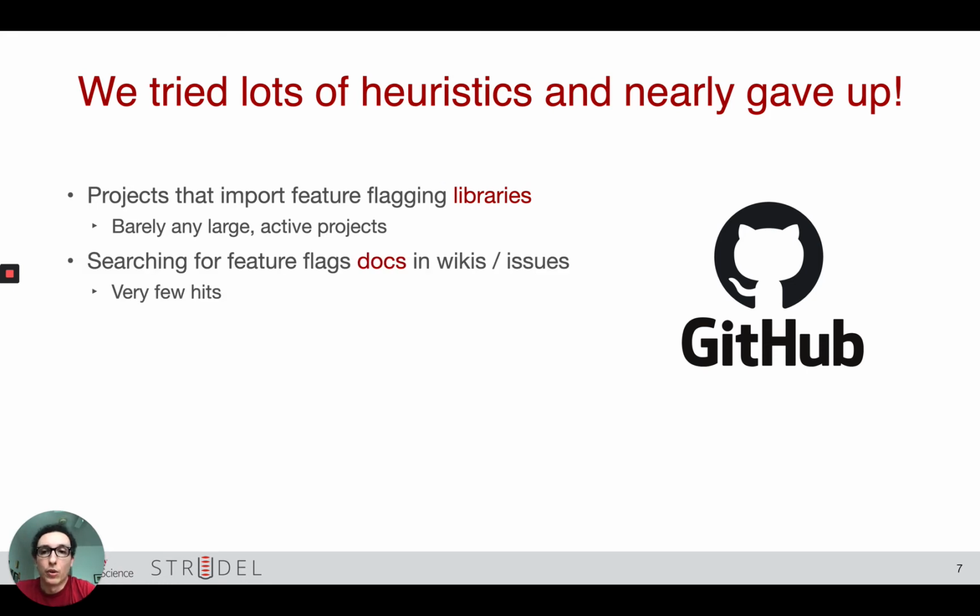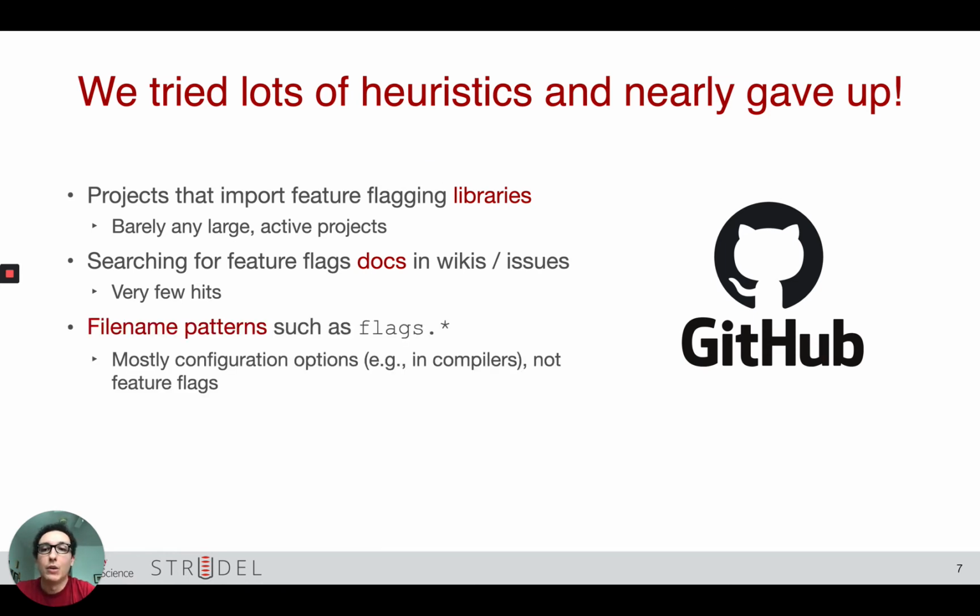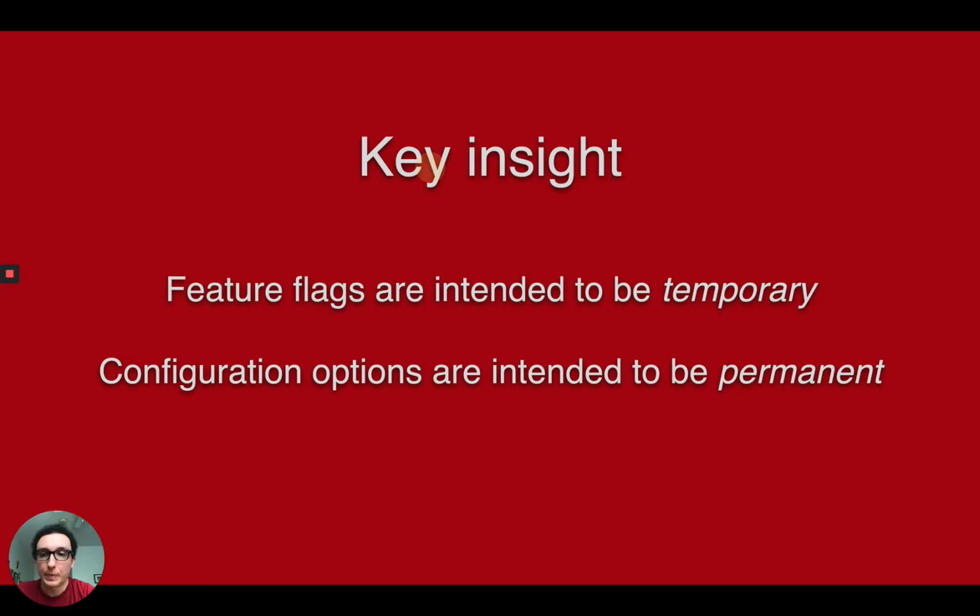We also looked for traces of feature flags in documentation or wikis and issue discussions, found virtually none. We looked for file name patterns using regular expressions that might indicate files containing these configurations, these feature flags, the values assigned to these feature flags. Found very few, mostly around compilers, so flags that are meant to be permanent and so not the continuous deployment kind of flags. And at this point we were ready to give up, but then it dawned on us that